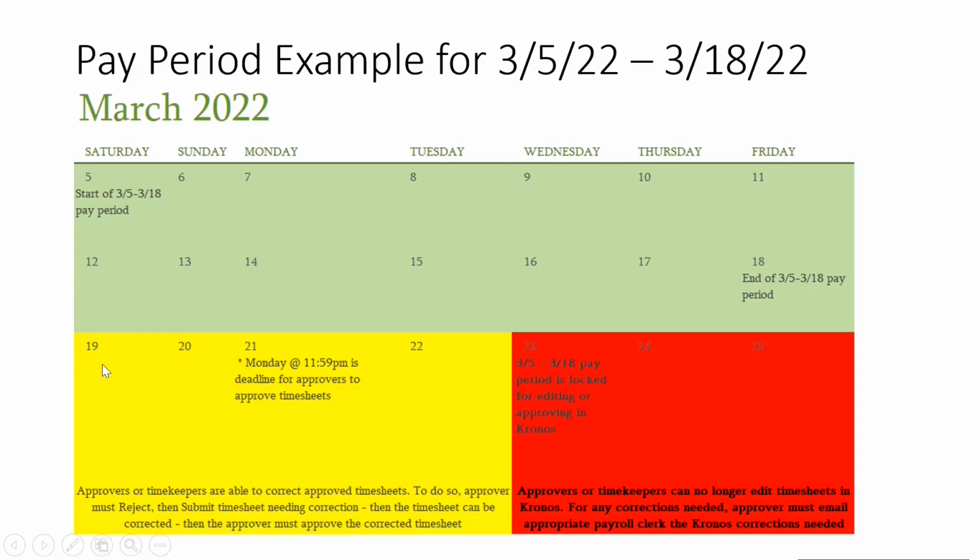If an approver approves a timesheet anytime between Saturday and Tuesday, they are able to reject the timesheet and correct it in Kronos and then reapprove it, so long as they do so by midnight on Tuesday. On the Wednesday following a pay date, a pay period is locked for editing or approving. So an approver or timekeeper can no longer correct a Kronos timesheet. For any corrections needed at that point in time, an approver must email the appropriate account clerk the Kronos corrections